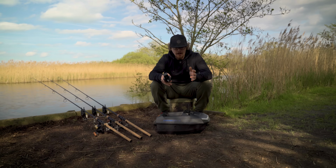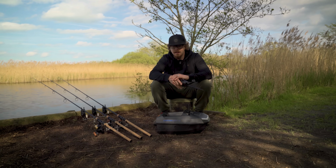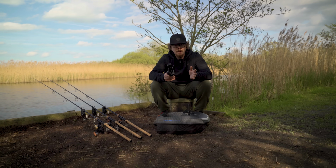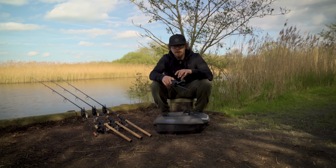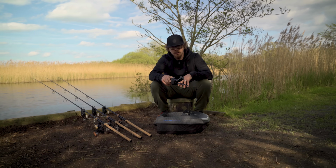So what's this bait boat like actually using it in a fishing situation? Well, this is the first time out with it, and all 3 of those rods were dropped using it. And that's saying something, because bait boats aren't something I use in my everyday fishing. I can probably count on one hand how many times I've actually used a bait boat in a fishing situation. So the fact that I was able to drop all 3 rods with no issues shows just how easy this